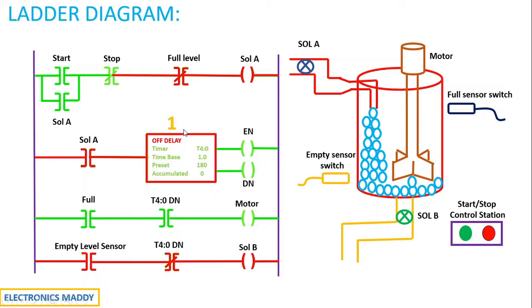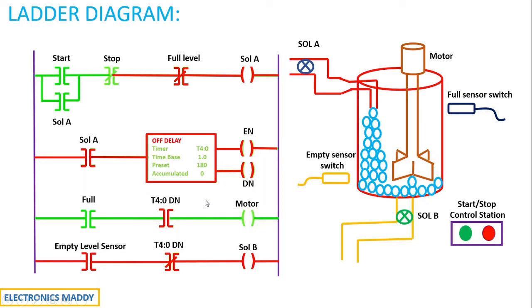One important thing that I missed out here is that the enable bit will also go to low state instantly once the off delay timer is de-energized. So just make this correction, that this should also be in red. But meanwhile, the timer starts counting for 180 seconds and the motor is still high, isn't it? So for 180 seconds, the motor will still be rotating, and after 180 seconds is completed, the done bit will go low in this particular fashion.